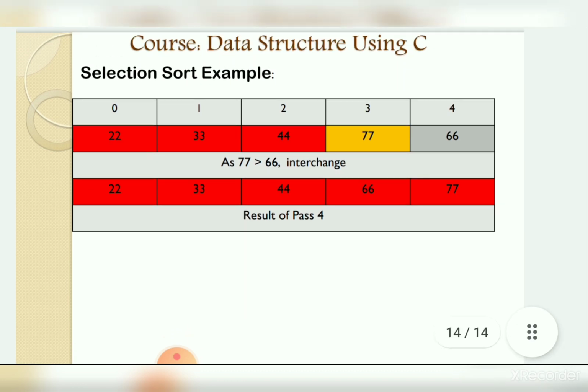So this is the example of selection sort. You can take the same example used for bubble sort to sort these elements using selection sort. You can take any numbers and sort them using bubble sort and also selection sort. The same applies to linear search and binary search: you can take a number of examples, sort them using linear search first, and then try it for binary search. So this is a simple selection sort example, and the second sorting method is completed here in the 5th lecture.